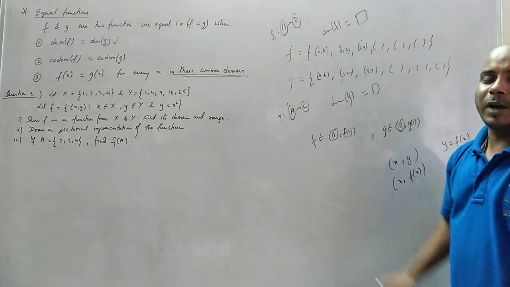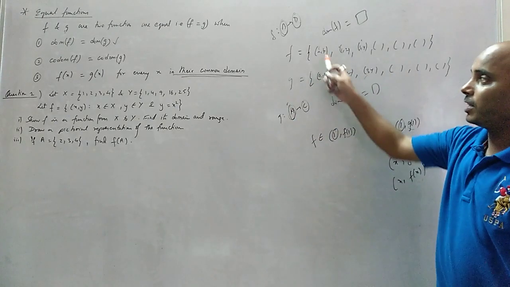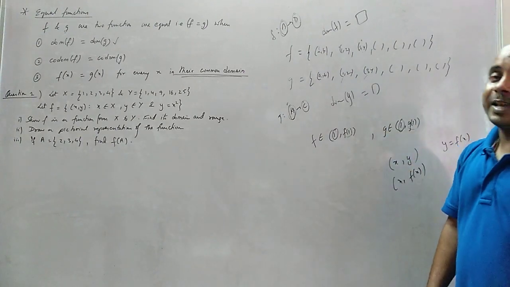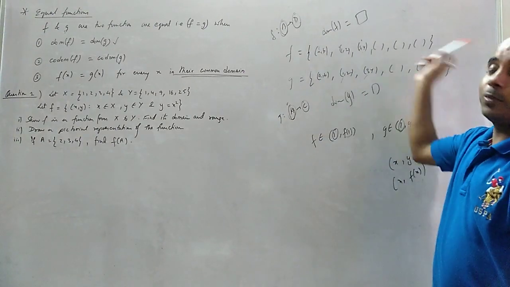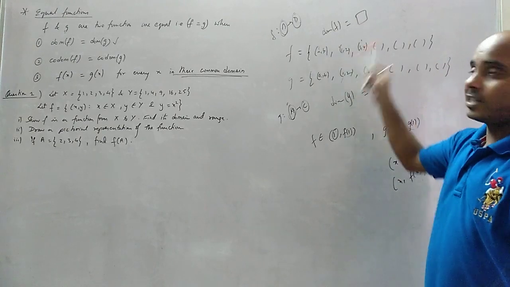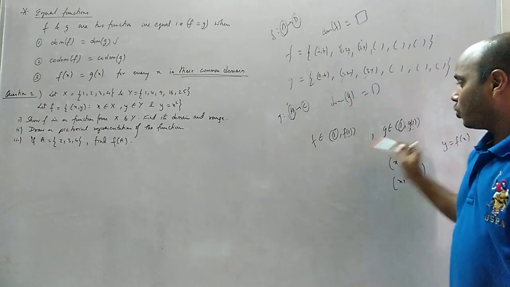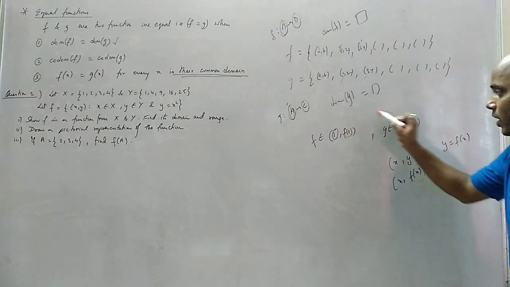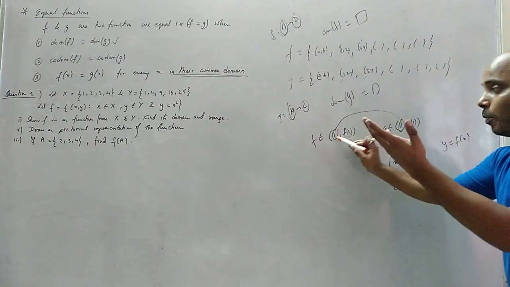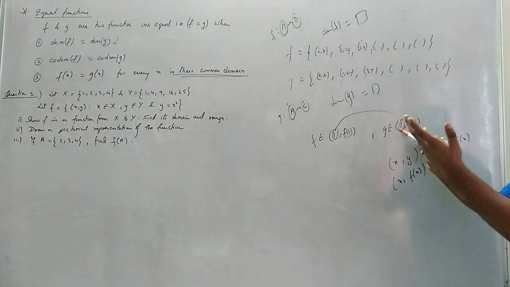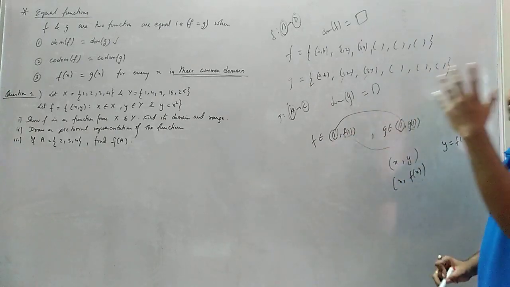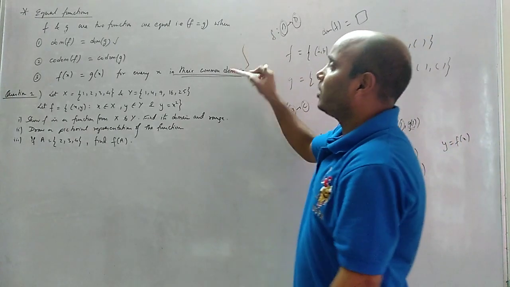इसका मतलब वही है कि ऑर्डर पे exactly same होना चाहिए. घूम फिर के वही बोल रहे हो बार-बार. That same ऑर्डर पे दिखना चाहिए. ऐसा कब दिखेगा? Same ऑर्डर पे कब दिखेगा? जब डोमेन सारे इक्वल होंगे, जब कोडोमेन सारे इक्वल होंगी, एंड कॉमन डोमेन्स का रेंज इक्वल होगा. कॉमन डोमेन्स का x1 और कॉमन डोमेन, तो इस डोमेन का रेंज क्या है? f of 1. इस डोमेन का रेंज क्या है? g of 1. These two will be equal. Then only the two functions are equal.